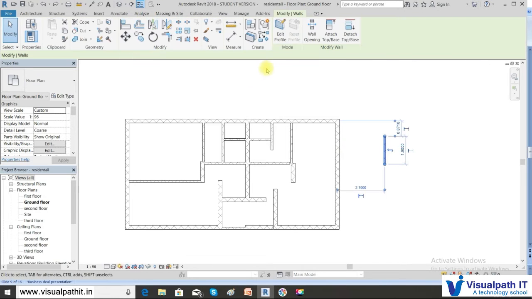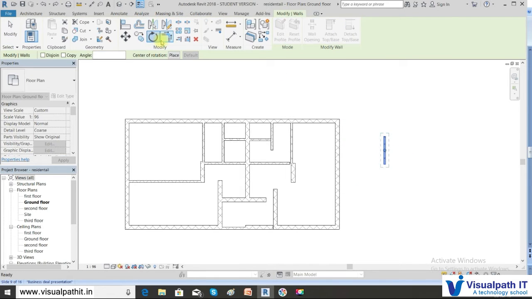So this is how. The one more option left in this rotation is center of rotation. So when I used copy, and specified an angle, you can even rotate it like this. So it's 65 degrees and you say 90 degrees.